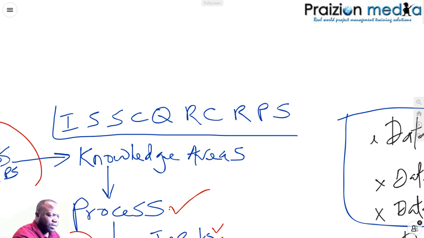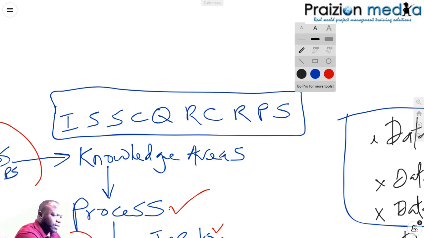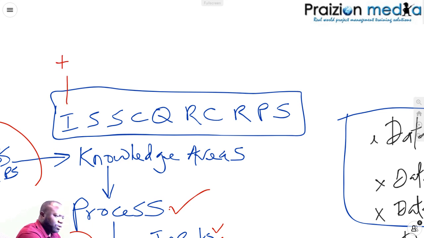So I'm looking at this, and I'll just show you the changes. In integration, there has been a +1. In scope, it's 0. Schedule, there has been a -1. Cost is 0. Quality is 0. Although the name of,